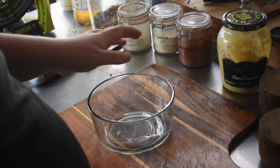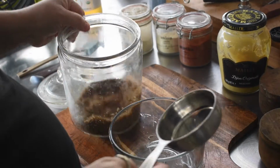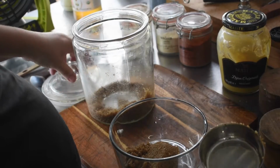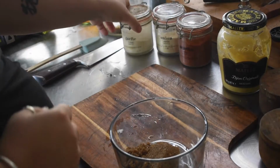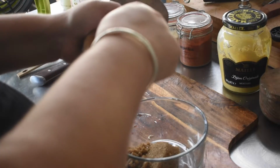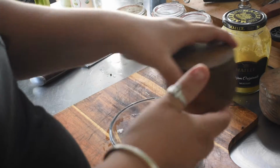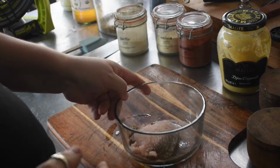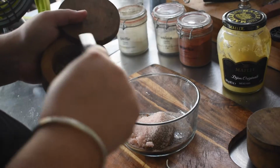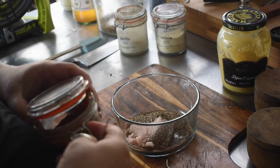Next step is to make the dry rub for the pork. I don't follow a recipe as such. I throw a lot of stuff in and I like how it tastes. So it's about 1/2 cup of homemade brown sugar and then about 2 tablespoons of salt. Though this is fine salt, so I'll probably just do 1.5. If it was kosher salt or heavier grain salt, I'd do a bit more. I'll do 1/2 tablespoon of cracked pepper,